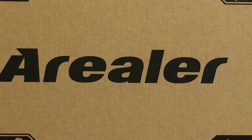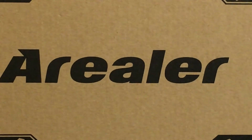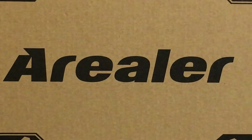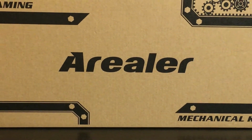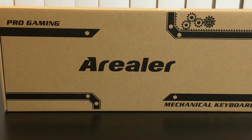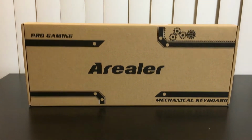Hey guys, this is Tech, and today we got a chance to try out this Arealer RGB mechanical keyboard. Because of many Chinese vendors, the mechanical keyboard prices are getting lower, and we can choose from a large variety of